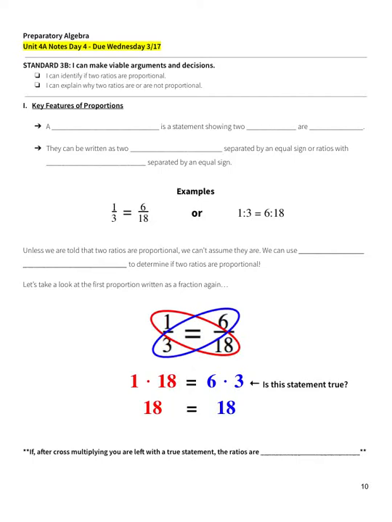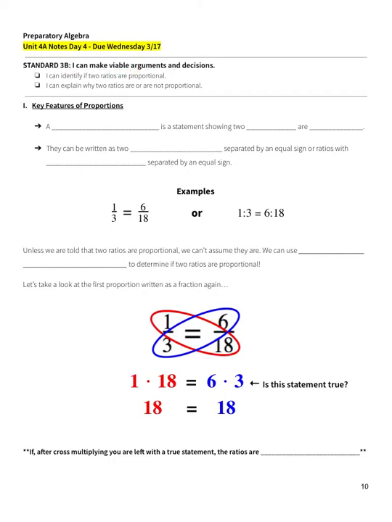These are your Unit 4A Day 4 notes. In this video, we are going to identify if two ratios are proportional or if they are not proportional. And you're going to be expected to explain why, and that falls under Standard 3B, I can make viable arguments